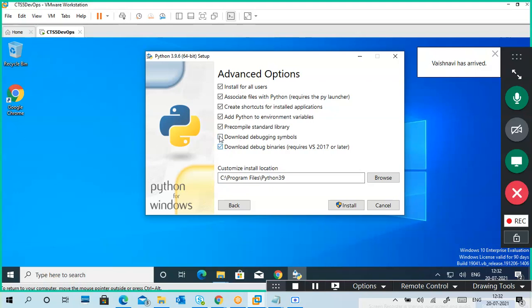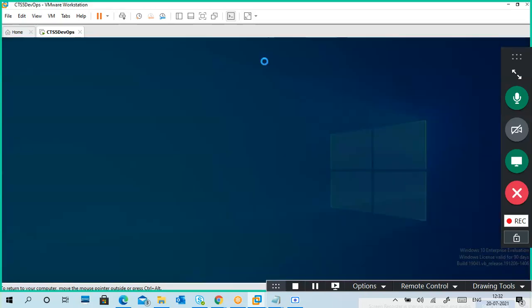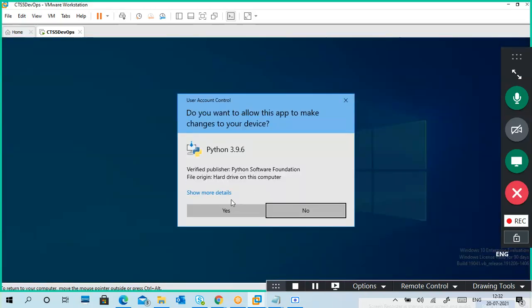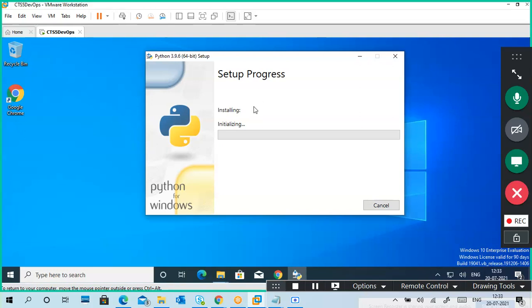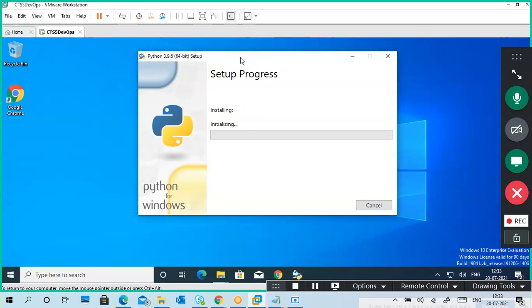If you don't want them, you can unselect them, not a big deal. But I'm selecting everything. Click on install. Now the process is going on, so click on yes, let it install.